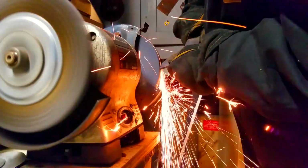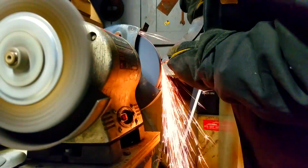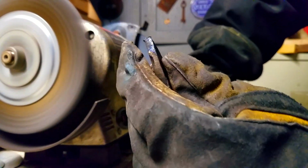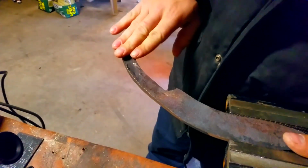Anyways, you want to make sure both sides of the blade, where the blade's going to go and the spine of the blade, actually touch at the point. What happens is when you're grinding, burrs can pile up and it looks like it's touching, but it's not. You actually have to look on the side and make sure it touches, otherwise you're going to get a bad